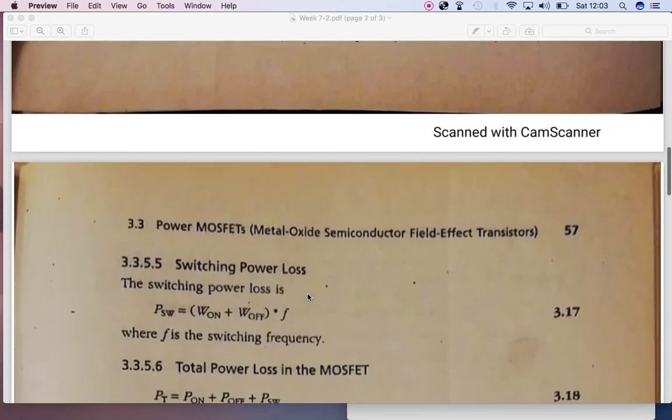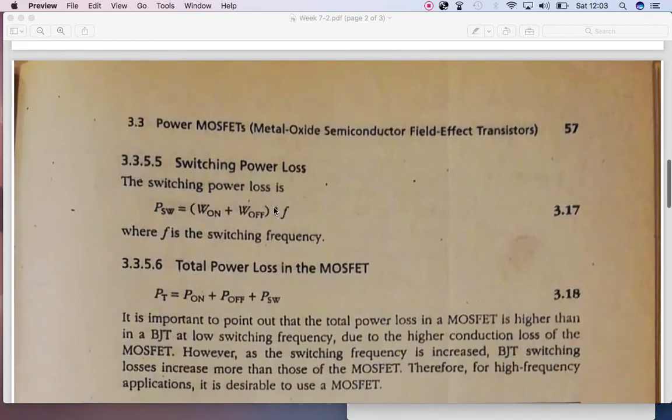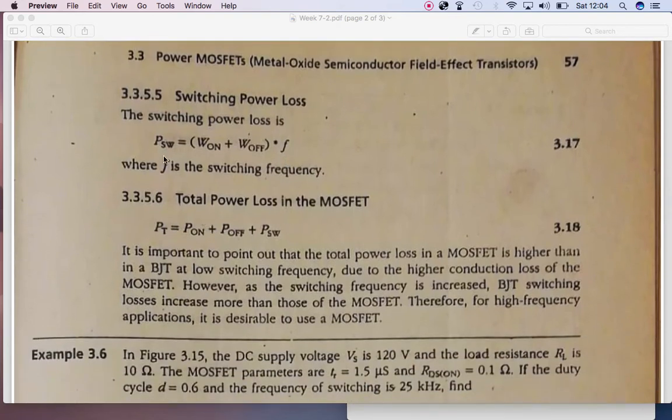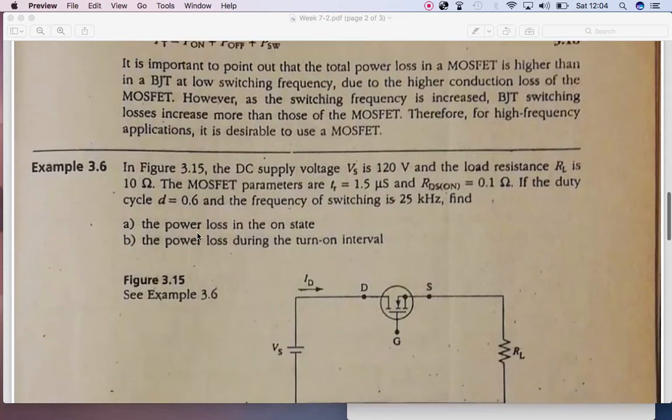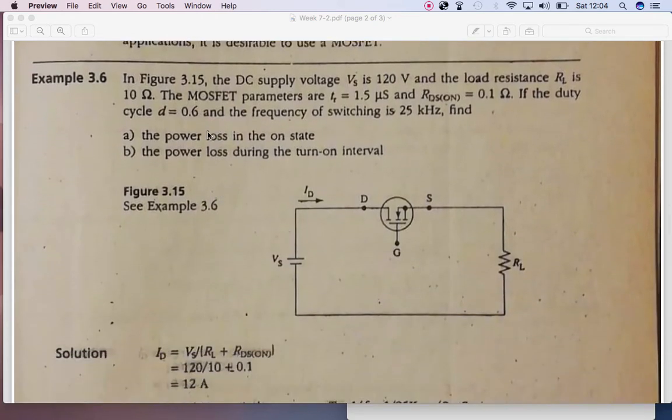And then the total switching loss can be calculated by summing the energy loss during the on state and the off state, multiplying this whole expression by the frequency of operation of the device. Then we take the summation of this value, the P on power loss and the P off power loss, all three values, to calculate the total power loss of the power MOSFET. So we have to use these formulas in these numericals, and the first one is giving us